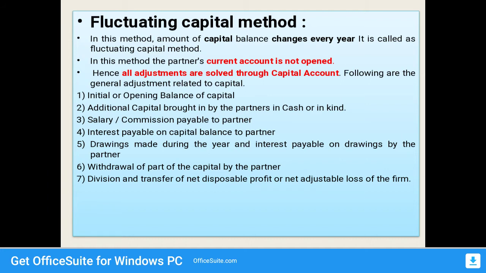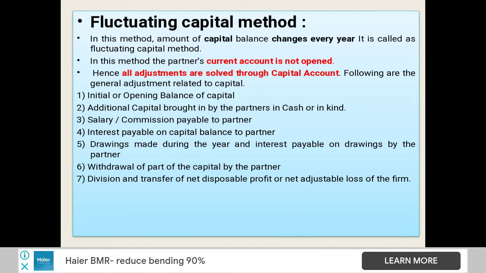So next, fluctuating capital method. In this method, the amount of capital balance changes every year, so it is called the fluctuating capital method. In this method, a partner's current account is not opened, hence all adjustments are made through the capital account. Following are the general adjustments related to capital: